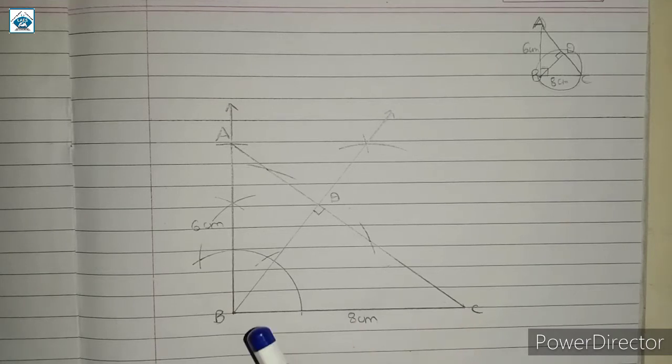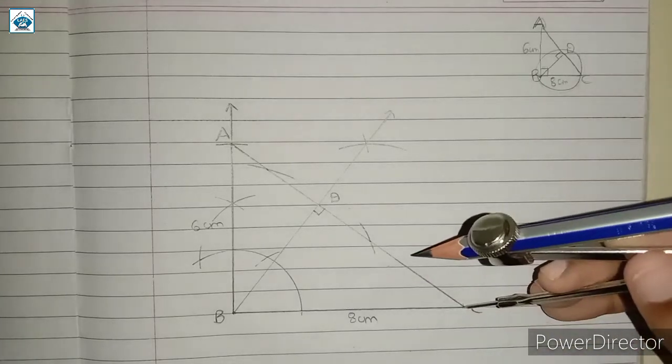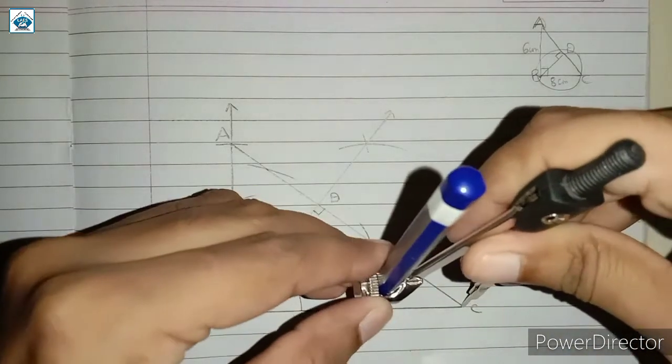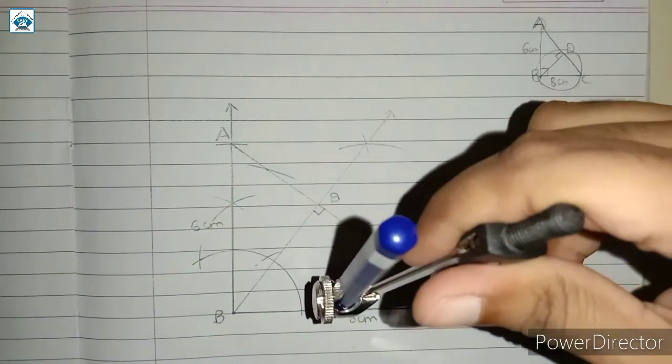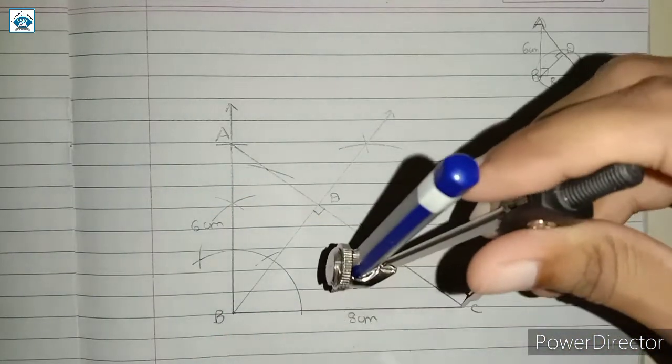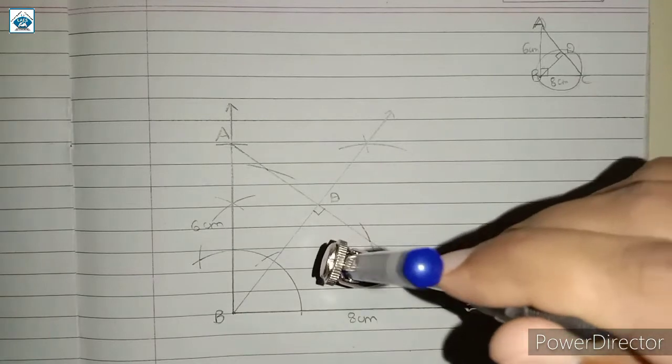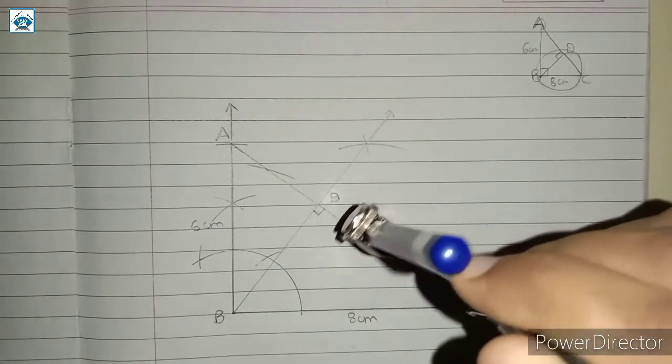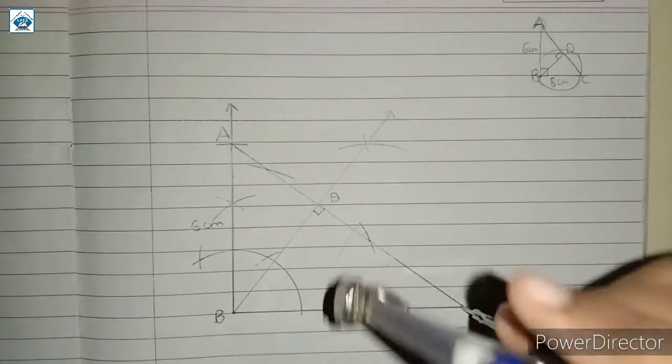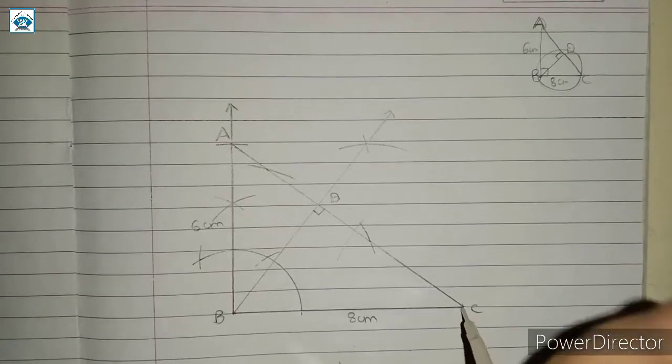So we are going to construct a perpendicular bisector of line segment BC and we will get the center of the circle which we are going to construct. For that, take your compass and take approximately more than half distance like this and draw an arc like so in both the directions,